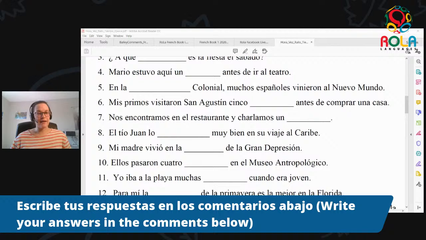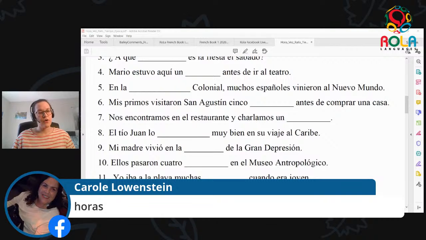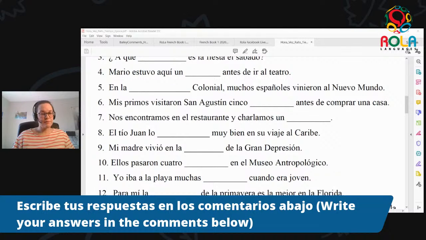So we think about the things that we can pluralize between, we have hora, vez, tiempo, época, and rato. So the things that we're most likely going to be pluralizing are either hora, like hours, or veces, or like as in the number of occurrences. So in this case, based on the context, we are going to go with horas. Muy bien. So horas is 4 hours. So they spent 4 hours in the Anthropology Museum. Okay, excelente.